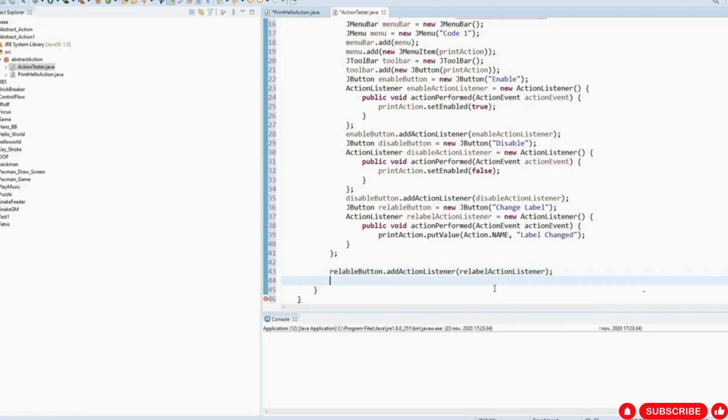Relabel action listener, of course. Okay, that's it. Then let's write JPanel button panel equals new JPanel, and that's it. So here what I'm going to do in the next lines, as you can see, is that